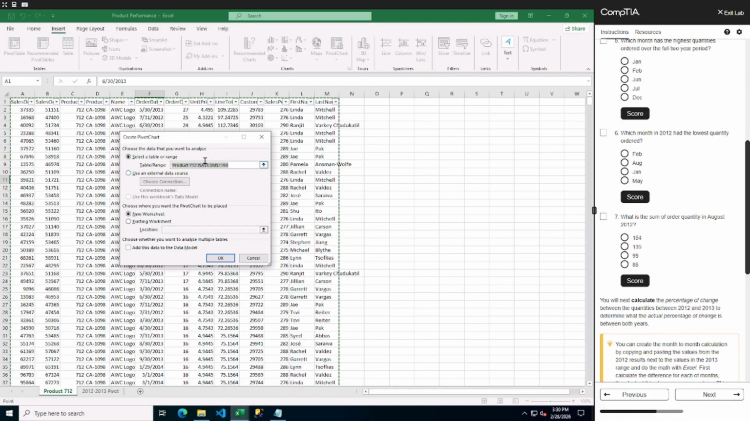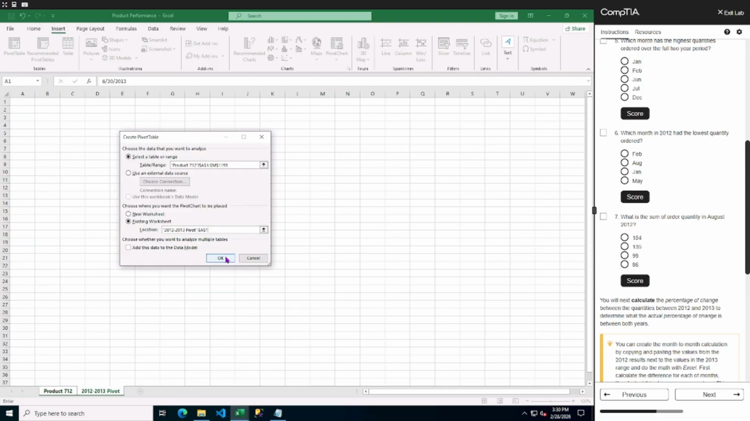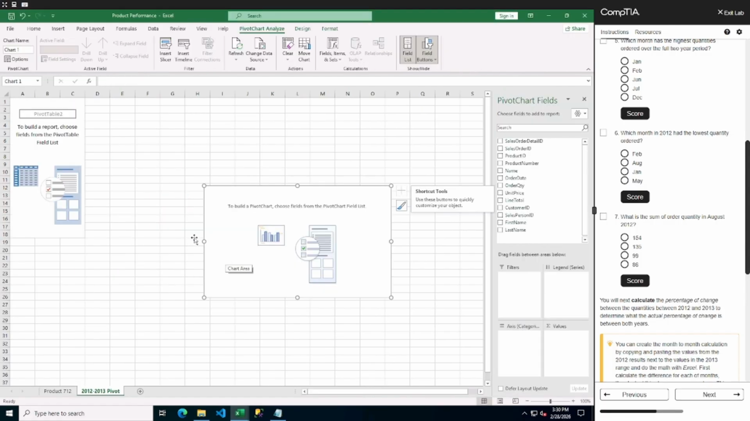So we're going to select this data, good, and we'll put it on a new worksheet. So we'll let this go. Oh, I guess we're going to put it on this worksheet. Existing worksheet, location, and we'll just put it right up here. Okay. So now we have 2012, 2013 pivot table,